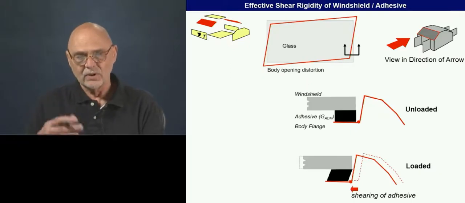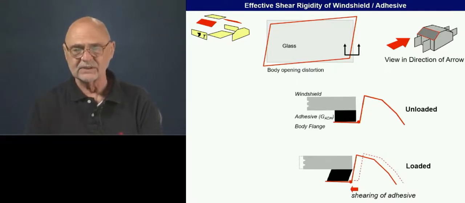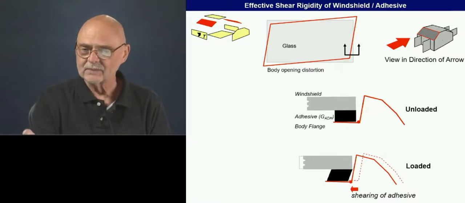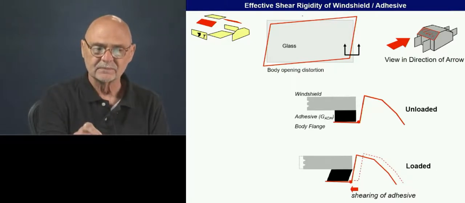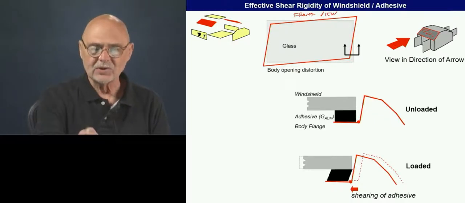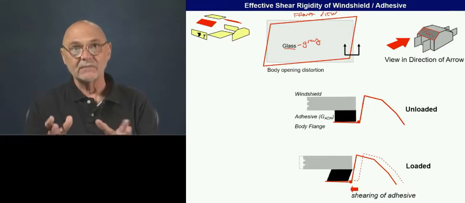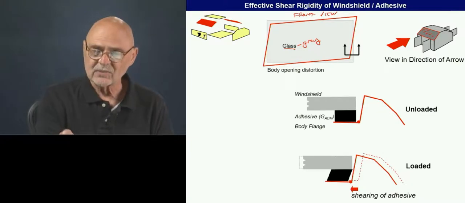And just to give you a feel for what is the mechanism that gives this some rigidity in shear, let's take a look at the glass here. We're looking at the front of the car in this picture. And the glass is shown in gray. And the glass just doesn't deflect much relative to the ring of steel around it. If it did, it would crack. So we're going to take a section right here,